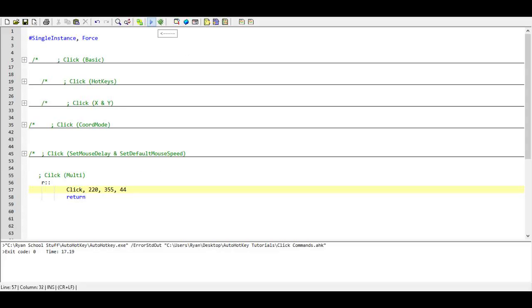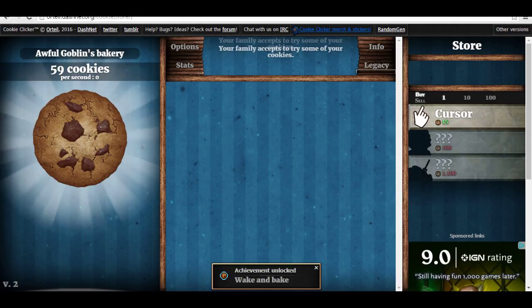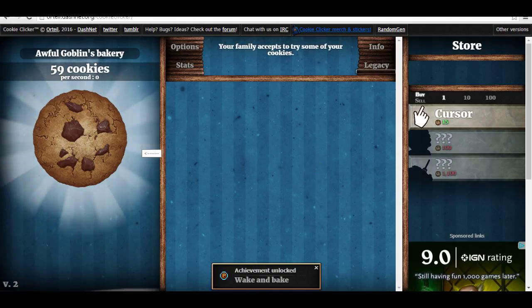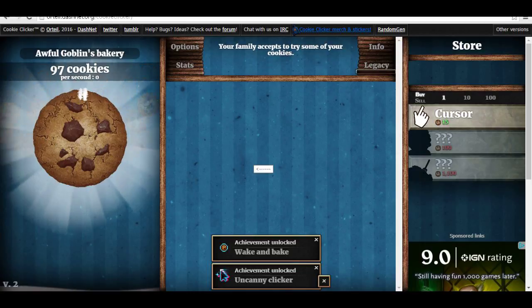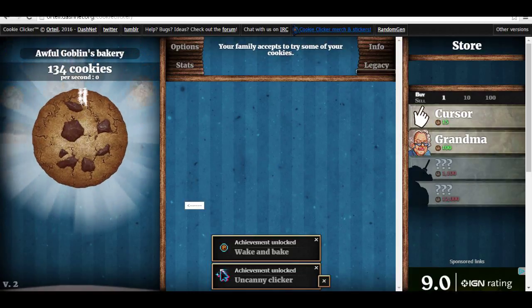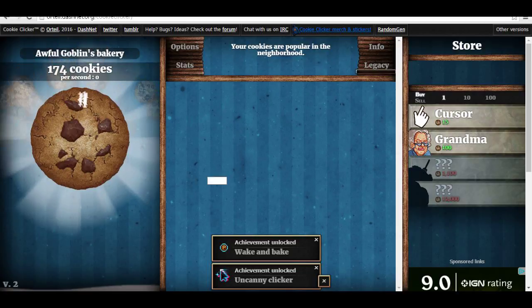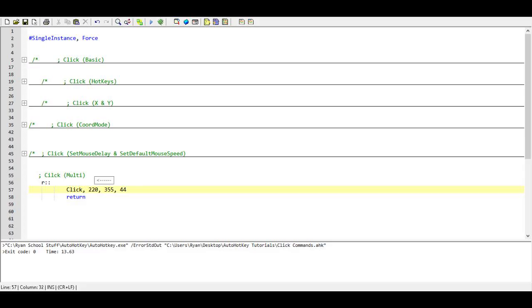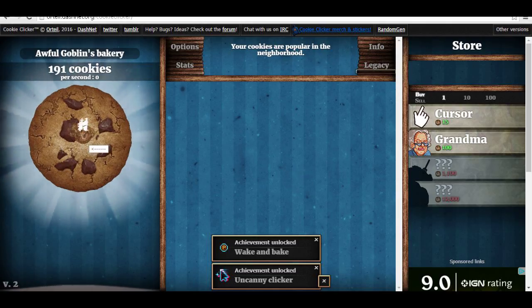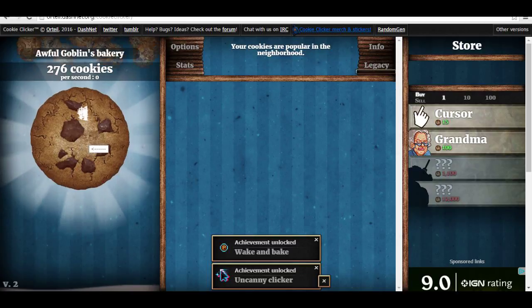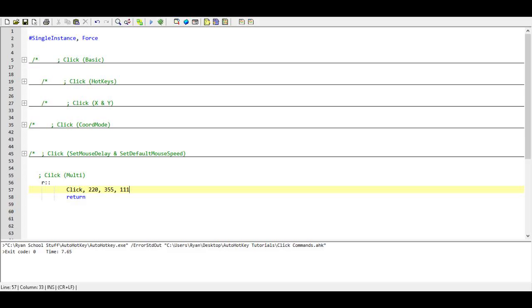So we'll save it. We'll run it. Bring up our game. Press R. And there we go. It clicked 40 times or whatever I set it to. Okay, so I'm going to X to exit, and that's multiple clicks. And I can do more. I can change it to whatever I want. Run it again. Okay, so that's multiple clicks. Comment it out